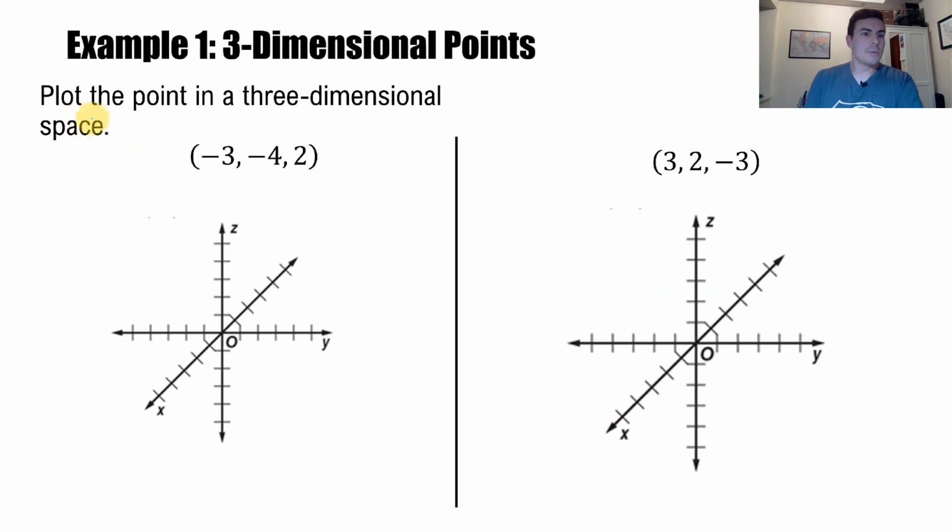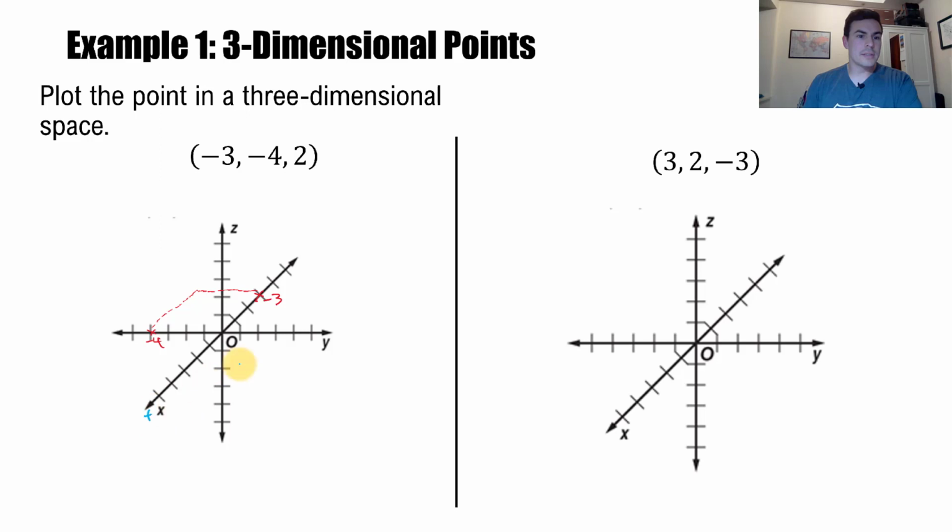We've got plotting a point in three-dimensional space. We've got -3, -4, 2. Okay, so again, first thing we're going to do is move along the XY axis. So -3 is going to be going back 3 units here. Okay, so we can see our -3 here, and then we move to the left 4 units because, again, this